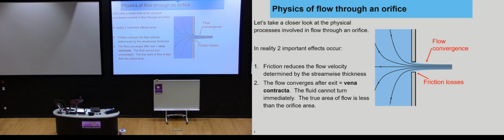So these two effects actually change what's going on. Bernoulli was great, and it gives us a pretty good answer. But sometimes the real situation includes more information that we need to include in our analysis. So these are the two effects we have to remember. The end effect of this is that it reduces the flow rate through the orifice. So we have to account for that in our